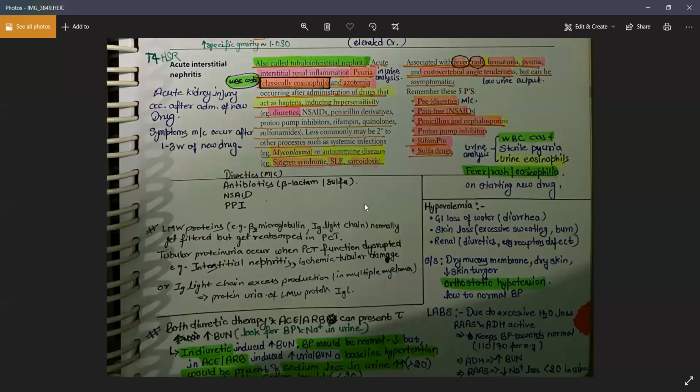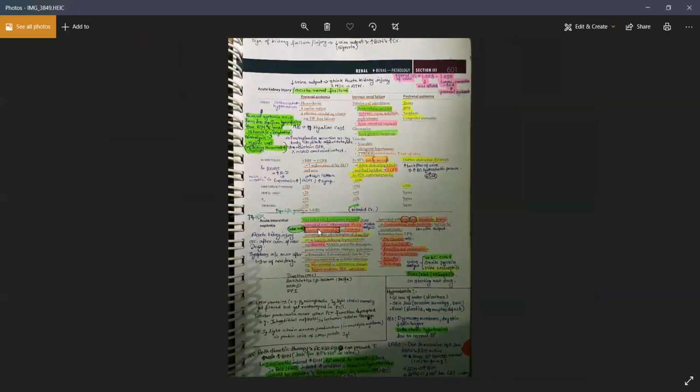Yes. So if you see findings like intrinsic renal failure, think about ACE/ARB therapy. If you see findings similar to that of pre-renal azotemia, think about the diuretics. That's how you differentiate between a rise in BUN because of diuretics and because of ACE/ARB. Okay, so that's everything on this topic, and any doubt, please ask.